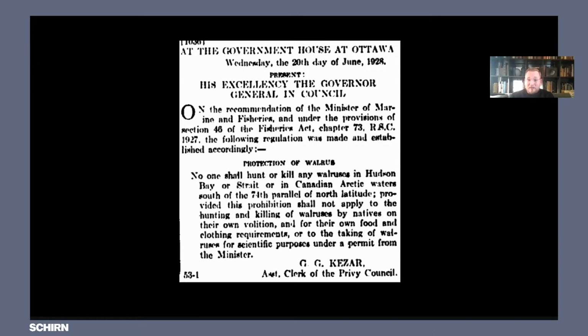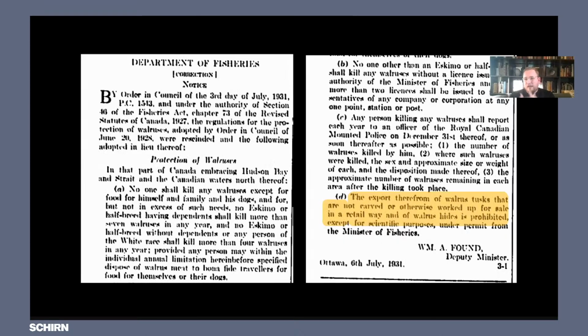Now, what also happens is there is a warming of the seas in the 1920s and early 1930s that completely changes Arctic environments. And this ends up devastating a lot of marine mammal populations, and one of them is walruses. And so in 1928, the government passes a new legislation about the protection of walruses, and it says in very clear terms that the only people that are allowed to kill and hunt walruses are natives on their own volition. This ends up being a problem because in 1931 they changed the law, as you see here,